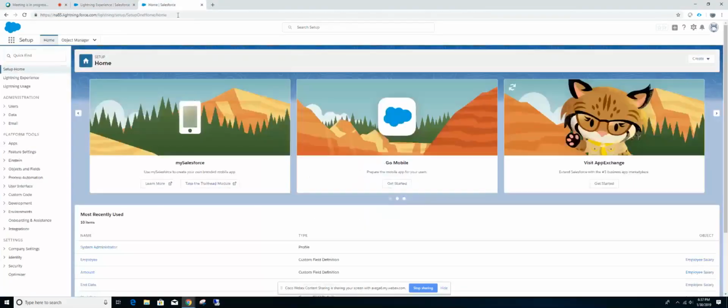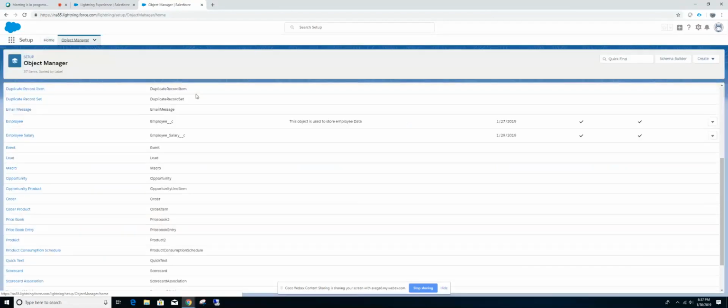Okay. So I'm in setup. I'm in Object Manager already. I click setup. So when we go to setup, there are two ways that you can access the objects. Either you can go to Objects and Fields here, or there is Object Manager already available, because, of course, as an admin or developer, you'll always be working with objects and fields. That's why Salesforce already created a shortcut for us here called Object Manager. Okay. Now,